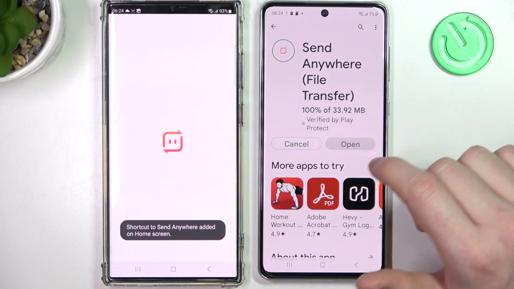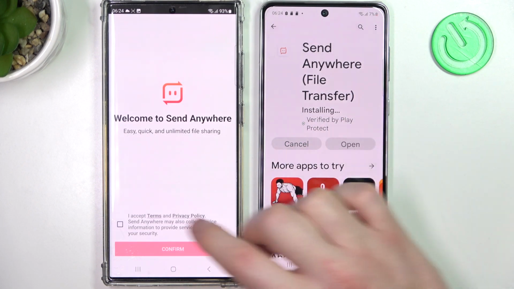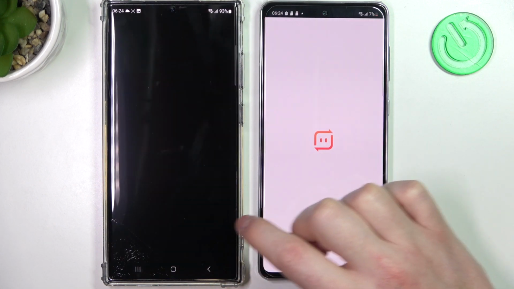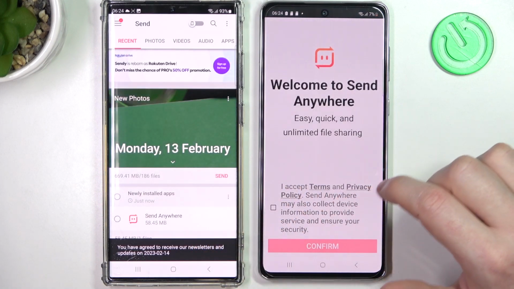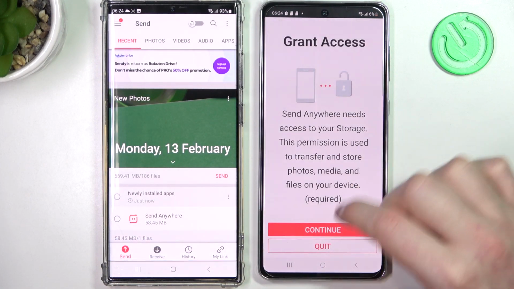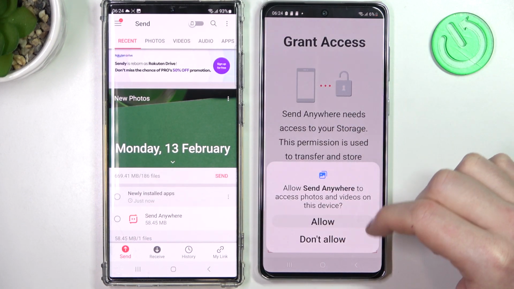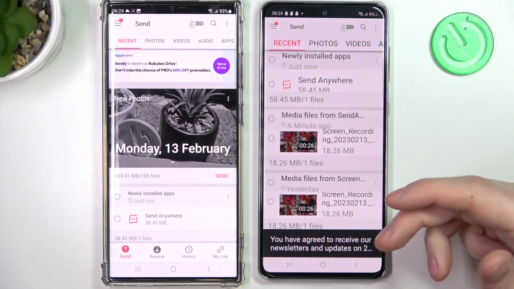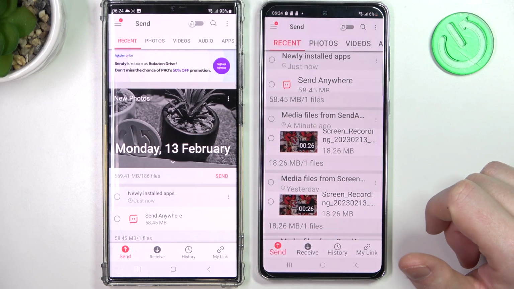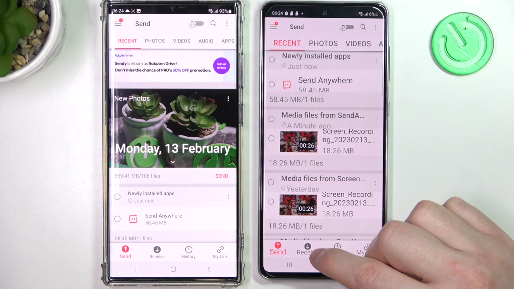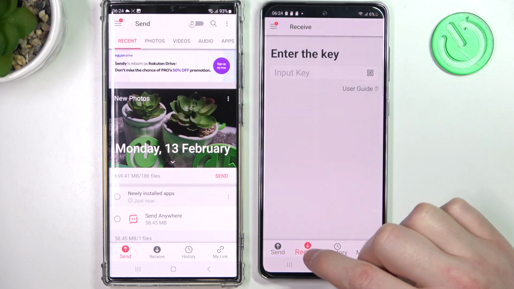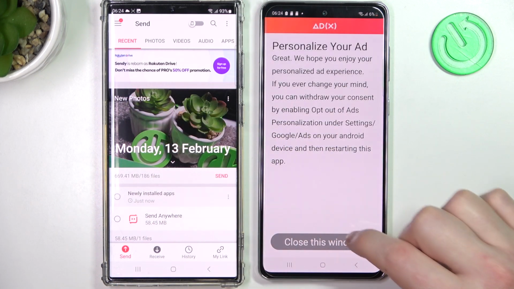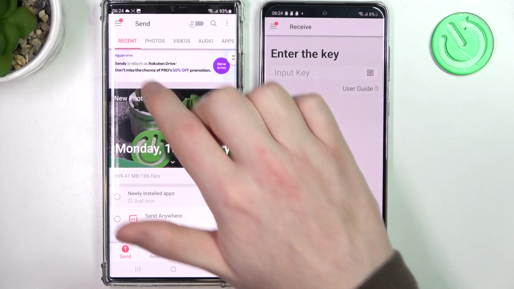When it's ready, open the app. And you will need to allow all of the access. Also, make sure that you're using Wi-Fi if you have access to it, because it eats a lot of data to transfer these files. Now, since we'll be receiving all of the files on this phone, we need to change to Receive tab. And from here, and on this phone, we need to select each file that we want to